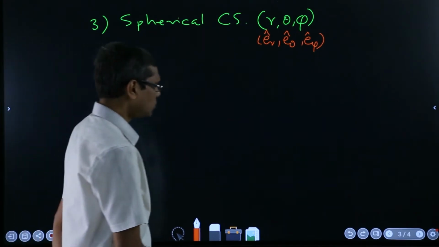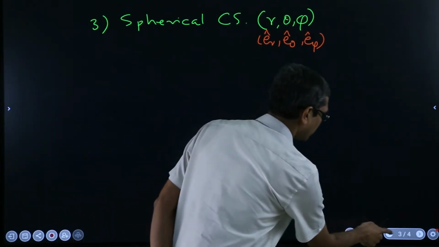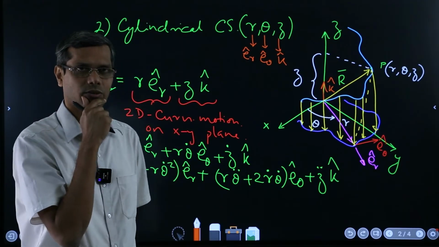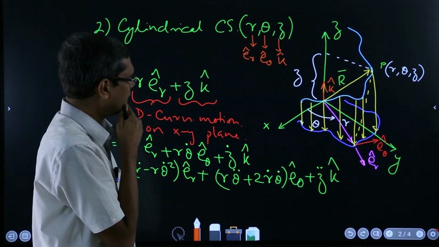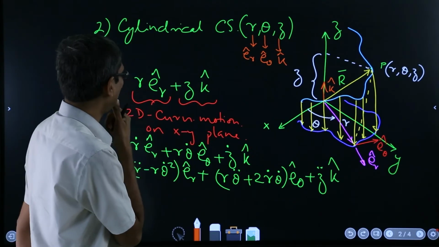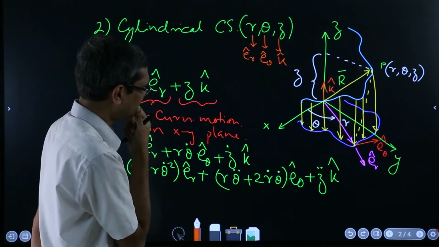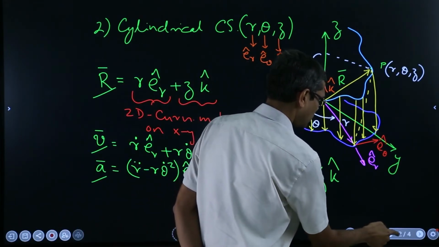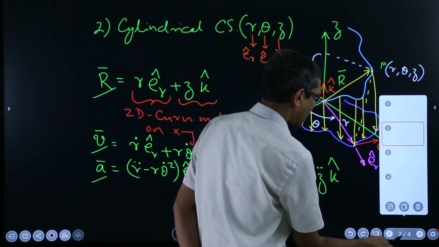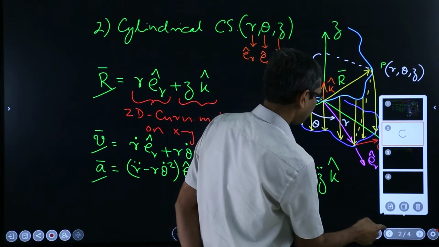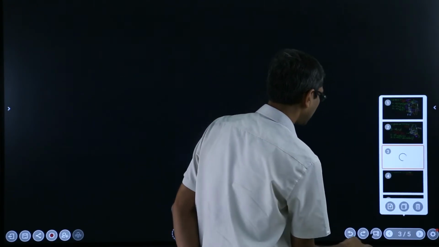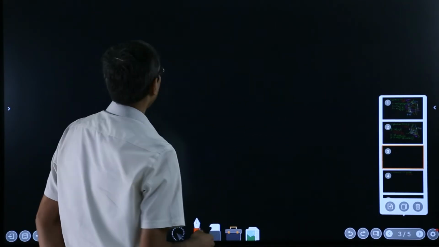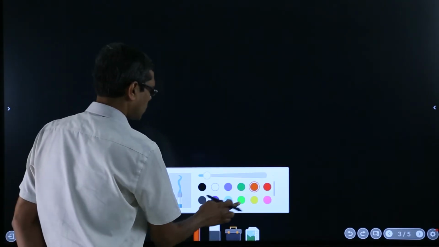Now, how do the coordinate systems look? Before that, I should in fact talk about the level surfaces of the cylindrical coordinate. In this picture it will be too complex, so I'll add one more page over here and draw it there. Now, the level surfaces, if I want to draw,